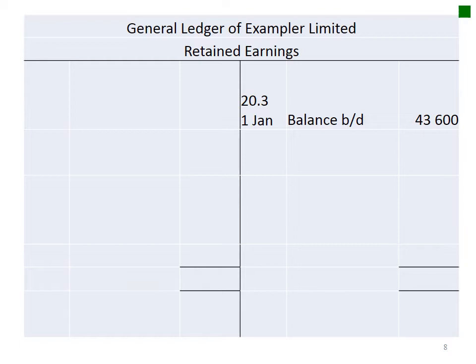Remember, equity is the difference between assets and liabilities. It's what the business is worth to the owners. So the earnings that have been retained in the business actually belong to the owners and have increased their investment in the business. So we put the opening balance in retained earnings first, and